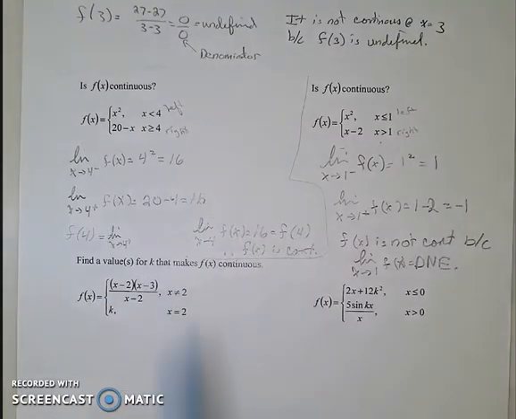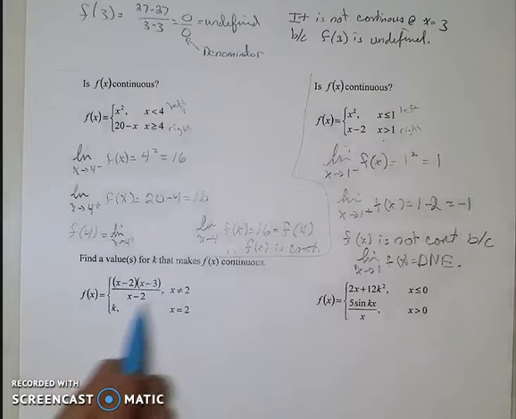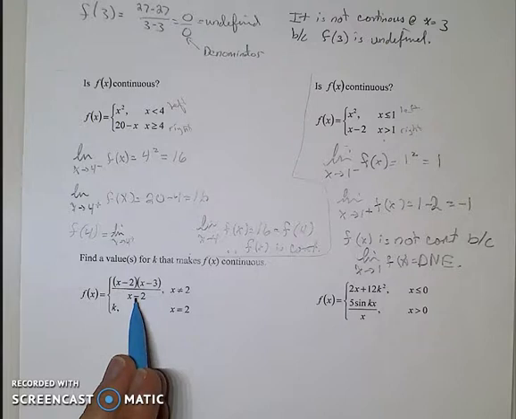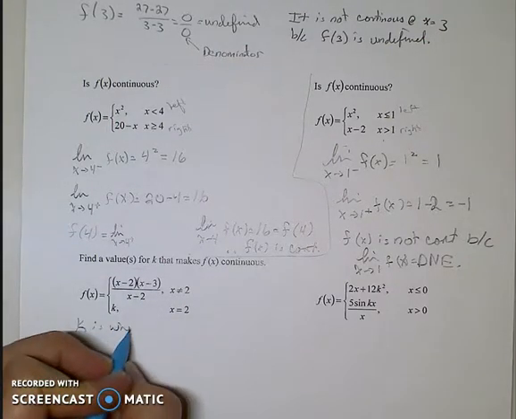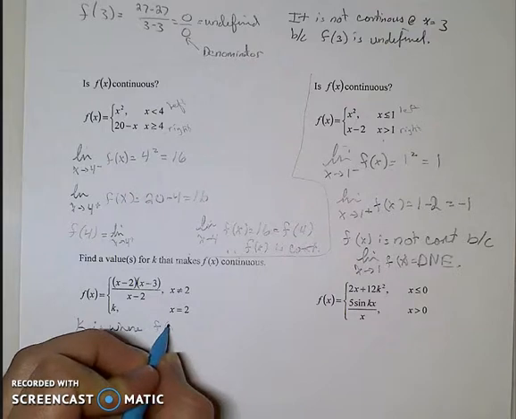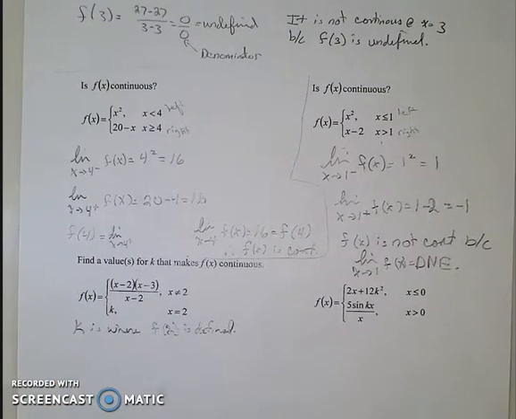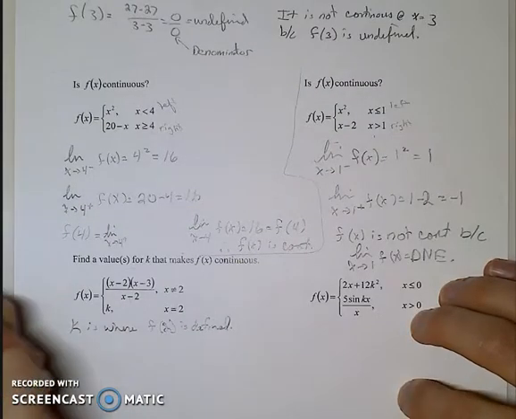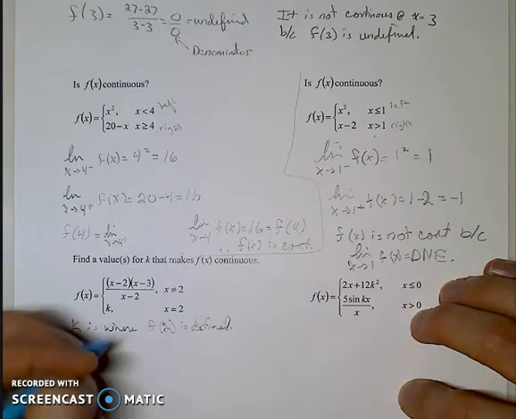The last part that we're going to look at here is find the values for k that make it continuous. Now, again, this is a polynomial that's not defined at x equals 2 because of the denominator being x minus 2. This is where the function is defined. k is where f of 2 is defined. So what we need to do is find the limit. The limit as x approaches 2 of f of x